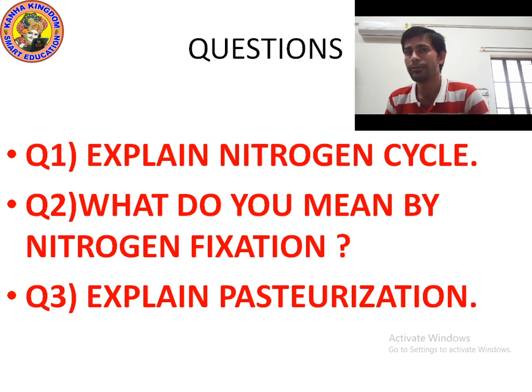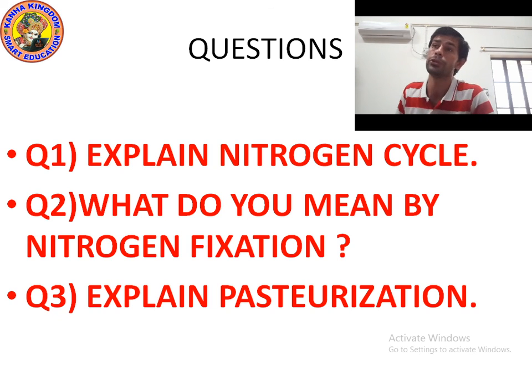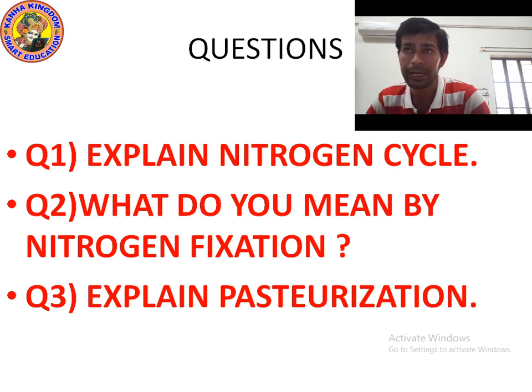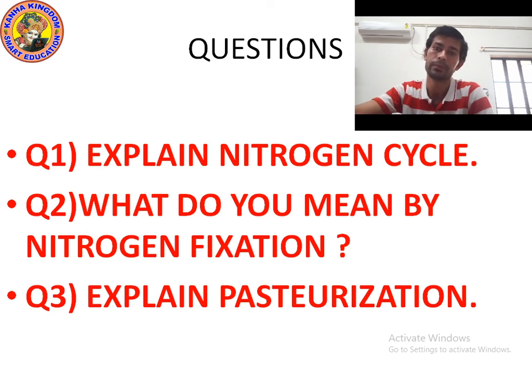So you might have studied about rhizobium in 6th and 7th class. Rhizobium is involved in the fixation of nitrogen in leguminous plants, means pulses. Rhizobium lives in the root nodules of leguminous plants such as beans and peas, with which it has a symbiotic relationship. Sometimes nitrogen gets fixed through the action of lightning also. Okay, now let's see the next question.